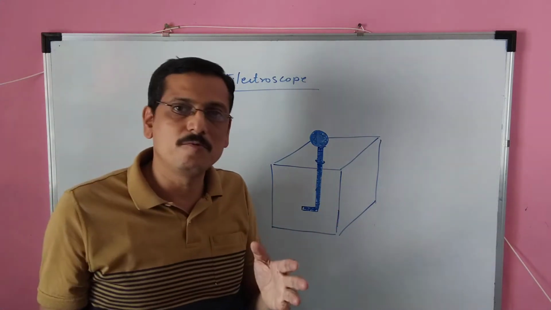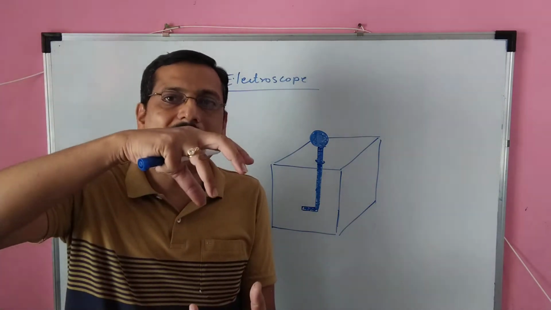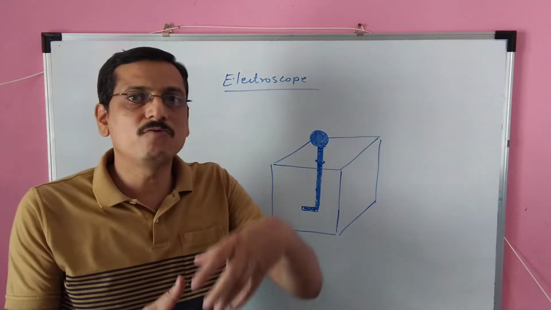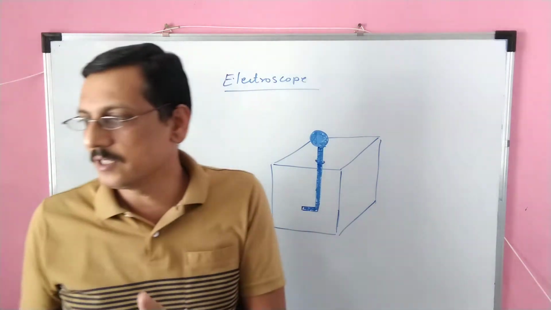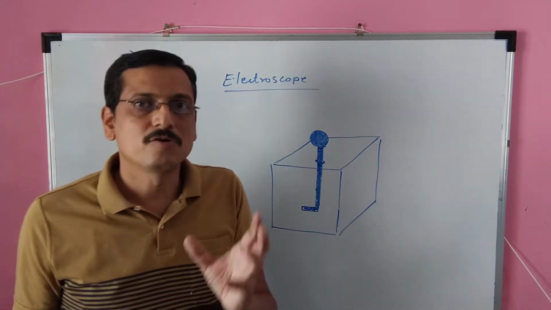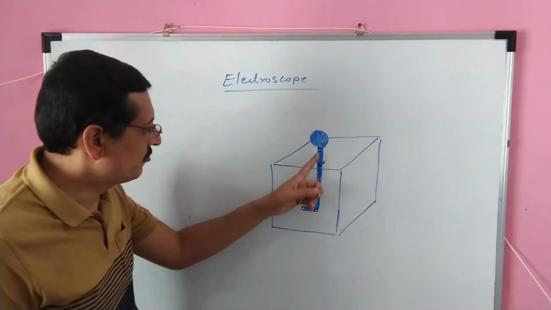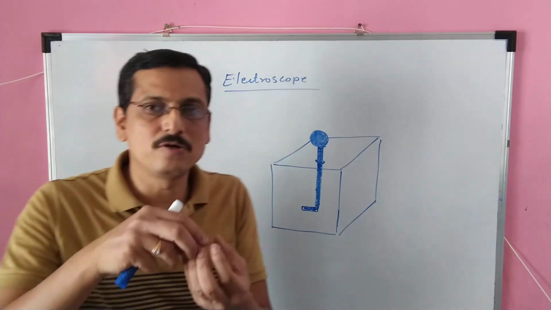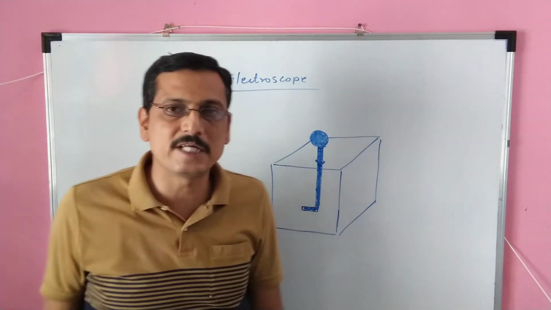In class 12 you have a project, so it is a very simple project where you require only a glass jar. So any jar at home, you can use that, or anything made of glass will do. A glass bottle will also do. In that you can put a metal rod. Make a hole in the lid on top, put a metal rod, and attach a bob on this side.